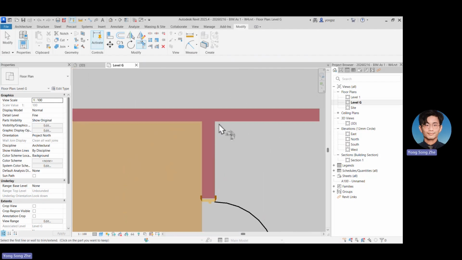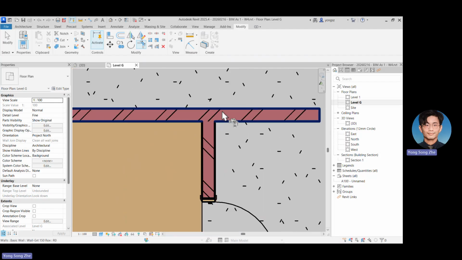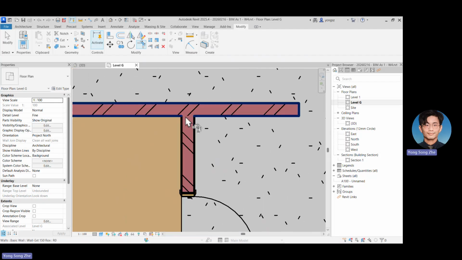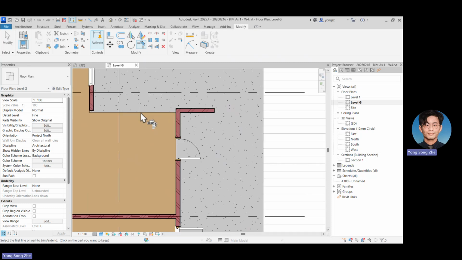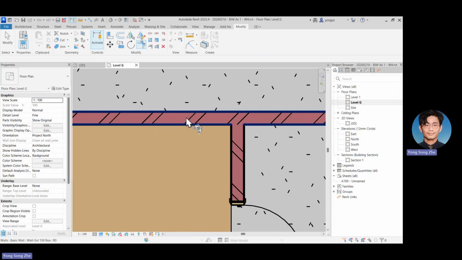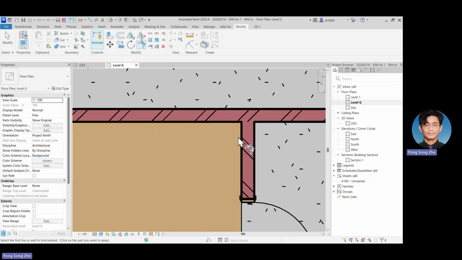Does the position you click matter? Yes, the answer is yes. Why? Let's say I click outside here, I click here and clear, then what happened? Then this part is missing. It becomes trimmed to this part. So you have to click the correct position. Click the part that you want to remain. So I click here and